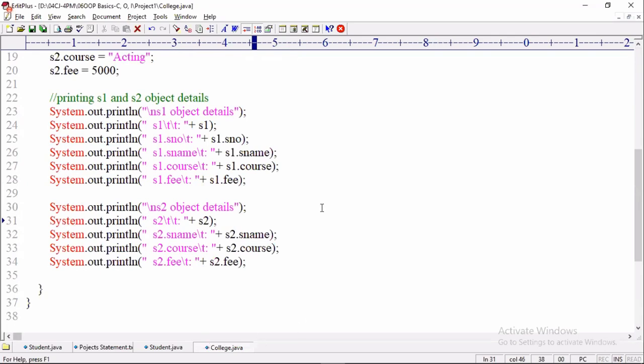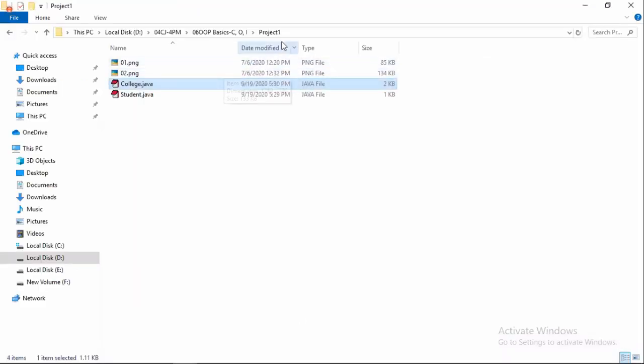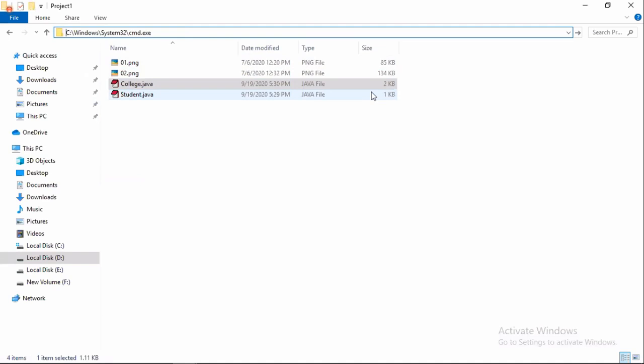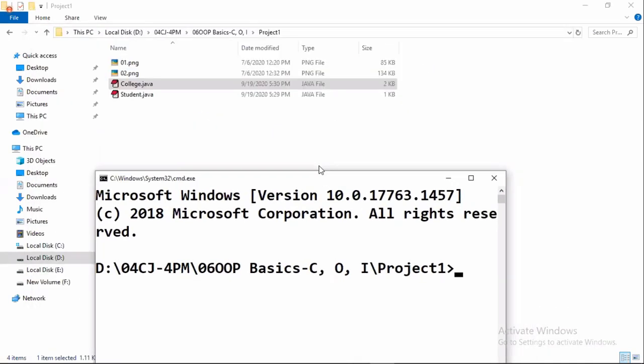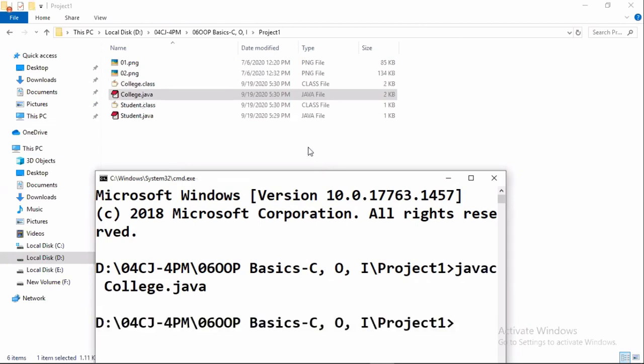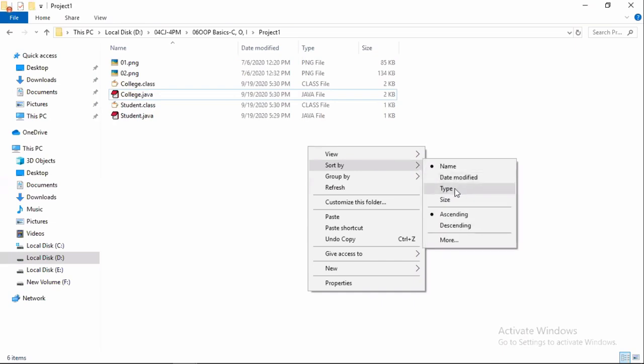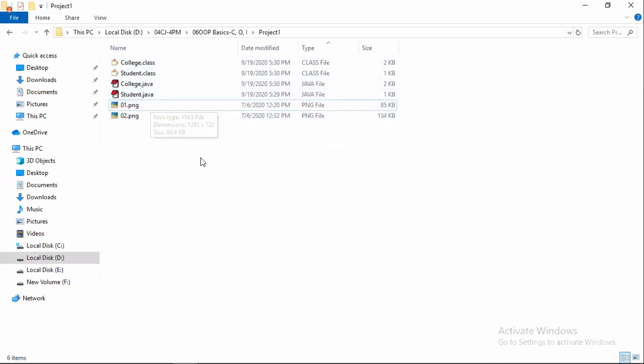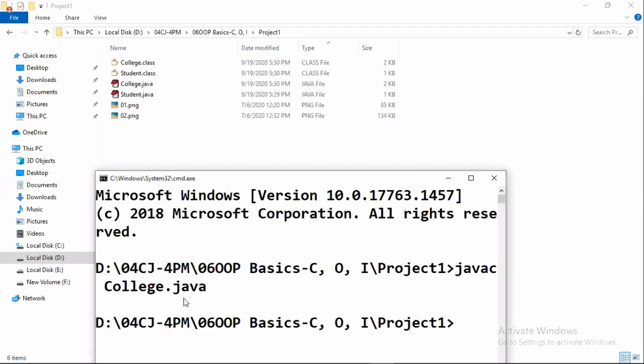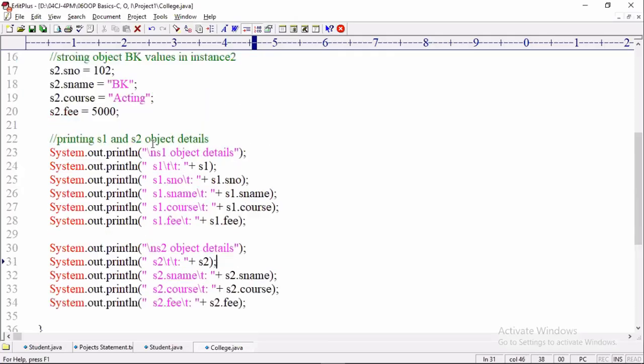Then I am compiling. Where can you compile? You can go to the command prompt: javac college.java. The compiler software automatically compiles the student.java file, with the name Student that you used in the college class.